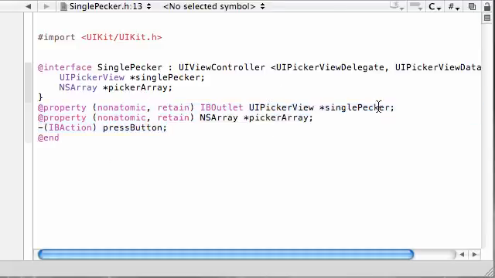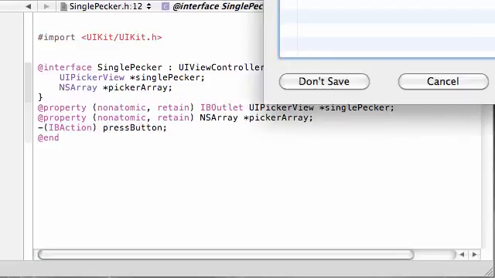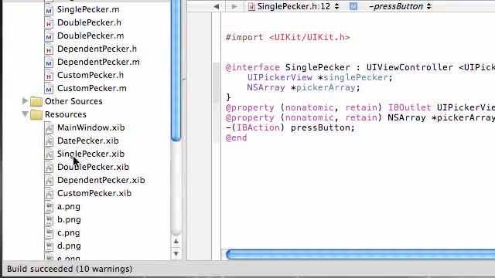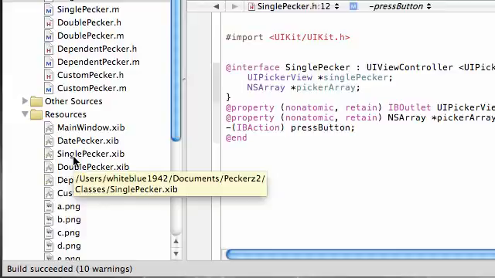So now that we made an outlet for the picker, and we also put setter and getter methods for the array, and also put an action for whenever we press the button, let's go ahead and build this. Just see if we forgot any semicolons or anything. Nope. So now that we have that interface file built, let's go ahead and hop into SinglePicker XIB,